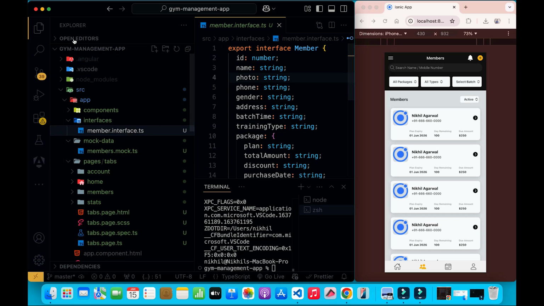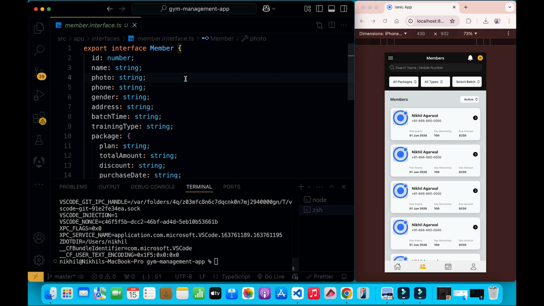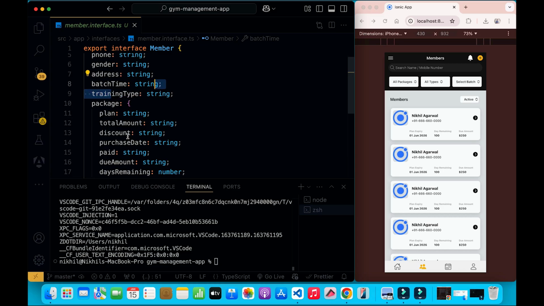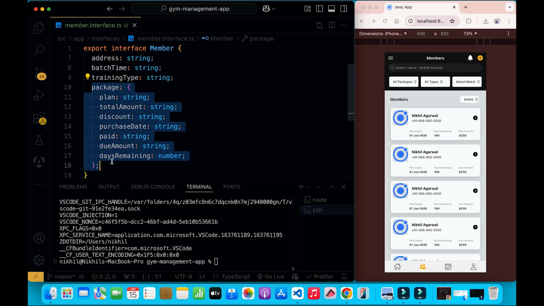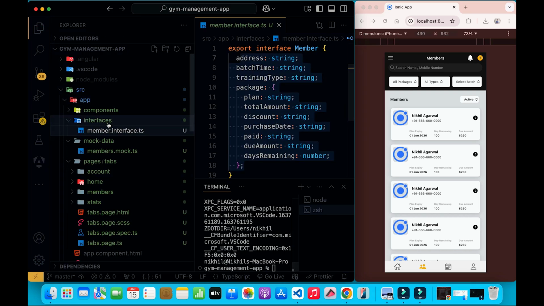Now, if I get inside it, this is the record which I have maintained here, where I'll have the member ID, name, photo, phone number, gender, address, batch time. I'm just assuming that the members belonging to a particular gym will have this kind of details, like the training type and what package has been taken by a certain member. So all this information will be inserted for a particular member,